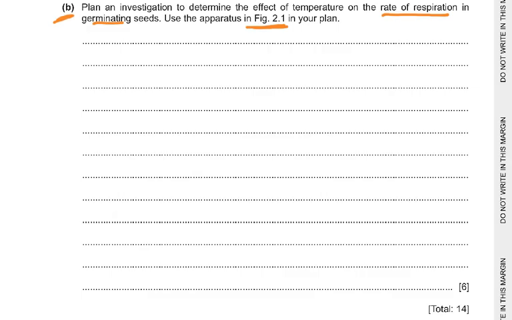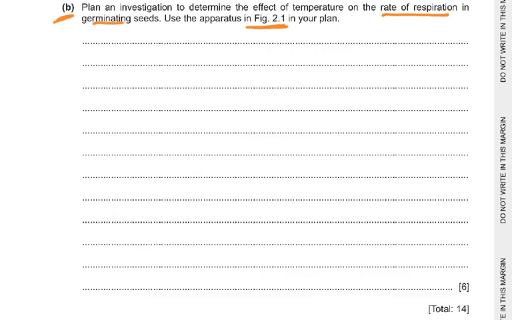Then adjust the drop of colored liquid to the beginning of the scale before recording, which is like you say, reset the apparatus back to 0. At each temperature, you record the distance moved on the scale with time, using the same mass of seeds, then repeat and calculate the mean and calculate the rate for each temperature. And then you give me some conclusion. Increasing temperature increases the rate of respiration, or you can say it increases till a certain temperature and then starts to